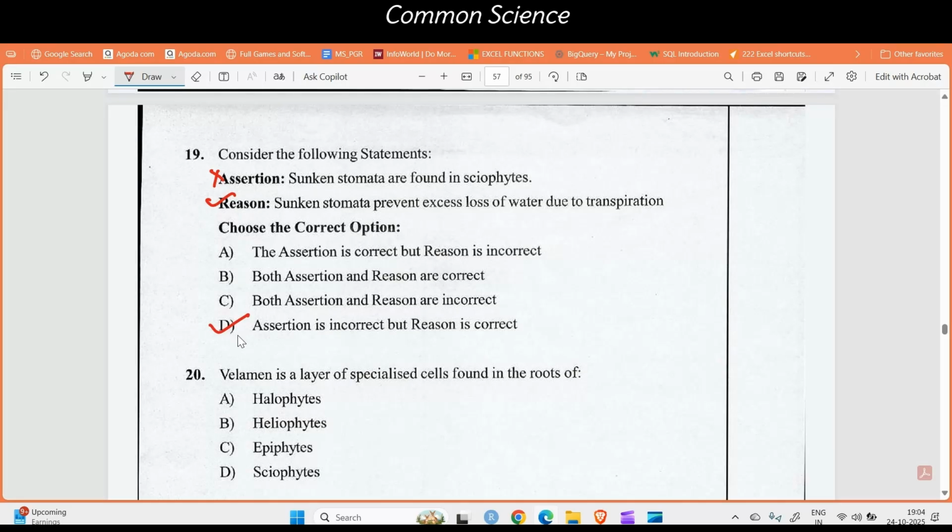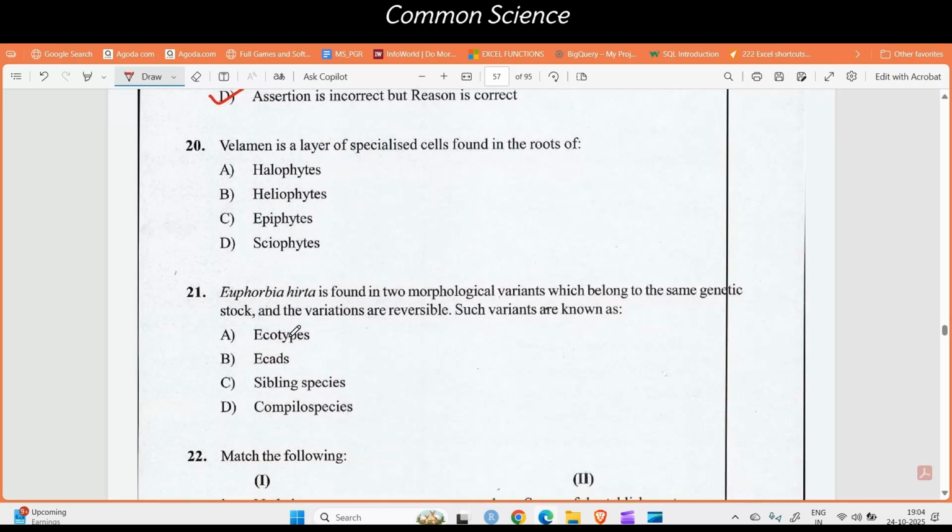Moving on to the next question, question number 20. Velamen is a layer of specialized cells found in the roots of epiphytes, and it helps in the absorption of moisture